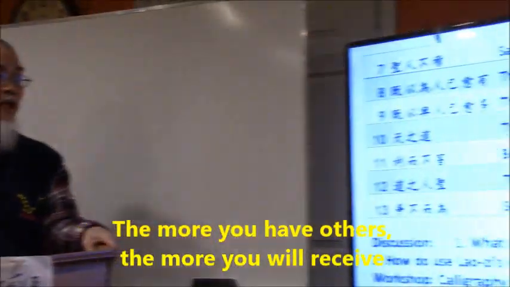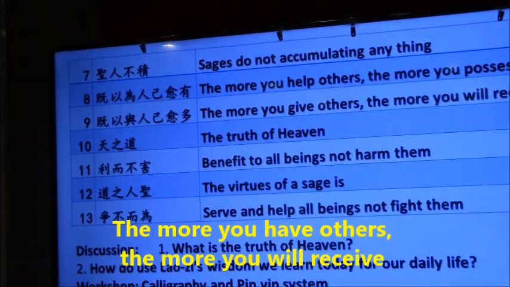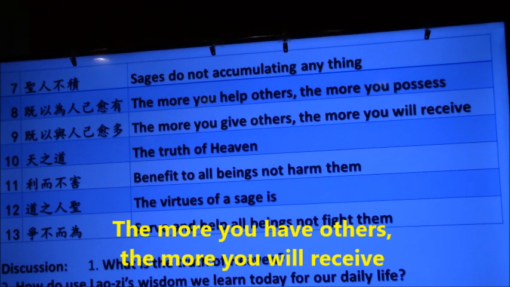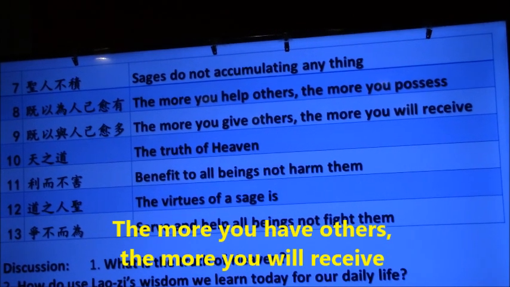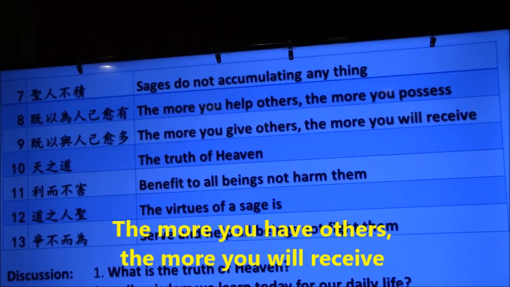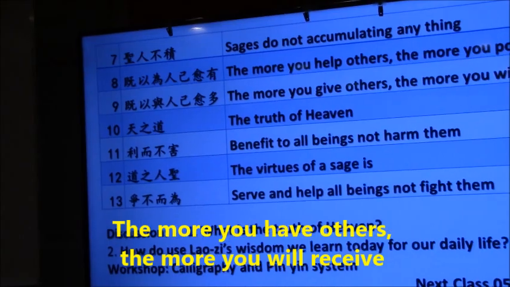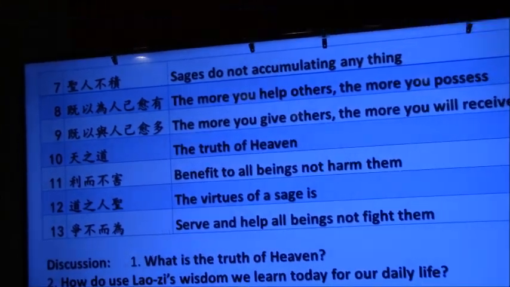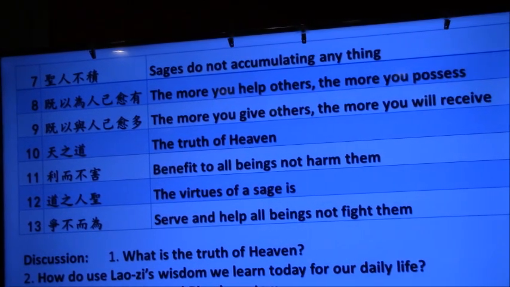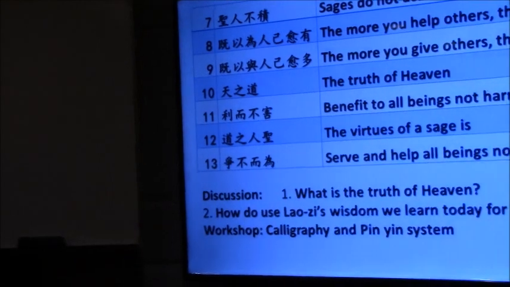Number nine: the more you give others, the more you will receive. To give is better than to take. People get a better reward from giving than from taking. We can change that from "you" to "we," or to "I." We change that idea into our life,